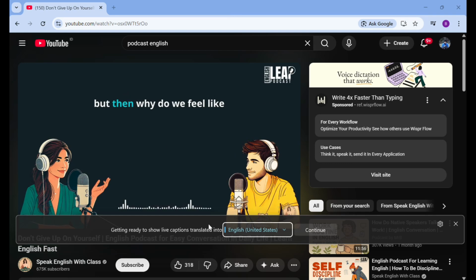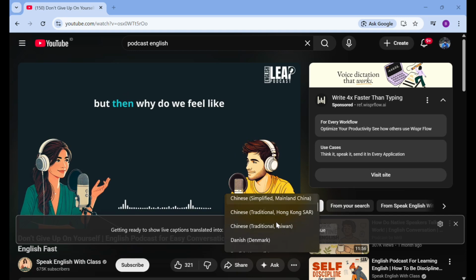You will get the live captions box like this, and then it's just selecting the language that you want over here. But unfortunately, the available languages might still be limited, but I think it's more than enough to try out the feature. And then next, after selecting the language, if this is your first time using live captions, Windows will